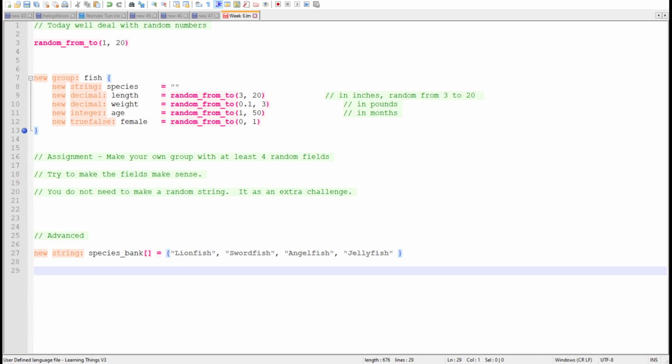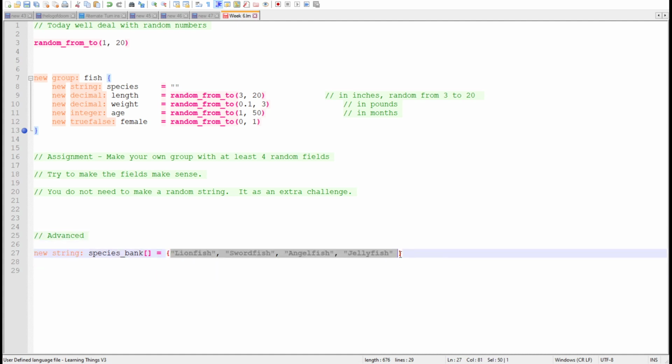All right, so the advanced portion that some of you might want to try is making a random string. Now, making the computer come up with a random string that makes sense without giving it any information would be really, really difficult. You'd need some sort of AI to do it correctly, quote unquote correctly. But if you are trying to do this advanced portion, you can kind of cheat by giving the computer some